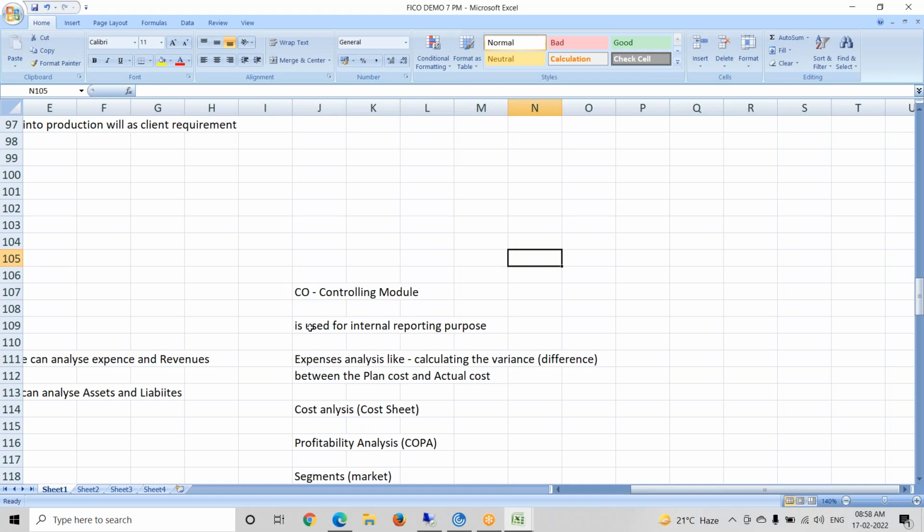And to be honest, I don't have much exposure to product costing because, though I worked in manufacturing companies, I worked mostly on FI transactions. So I worked very little in product costing. So I can give the standard understanding. Okay, I can give only the standard understanding. I cannot take a business case like I explained in FI. Okay, so this is what I can tell.